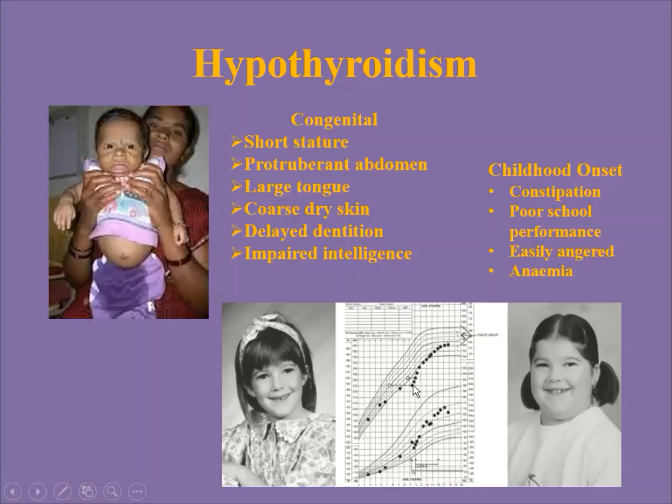So once the treatment has been started, you can see the difference between the born age and height age is reducing, and she is growing, but still she is sort of growing towards the mid-parental height. Okay, and childhood pathology is different, and the presentation is also different. So childhood hypothyroidism may present with poor school performance, mood instability, constipation, and so on. Whereas here it's developmental delay, dry skin, and those things.